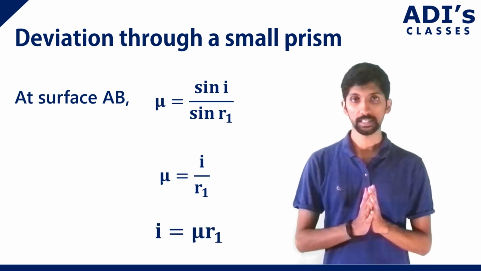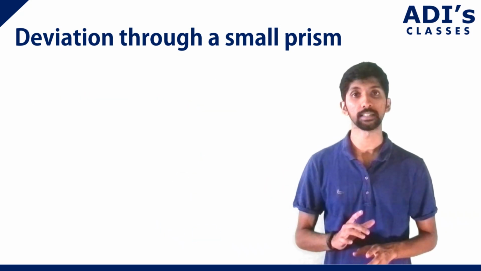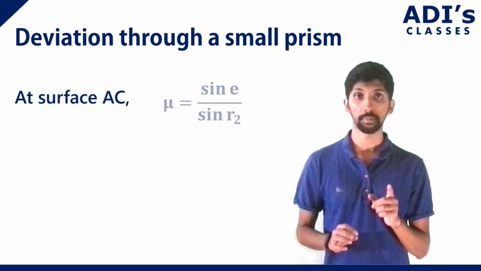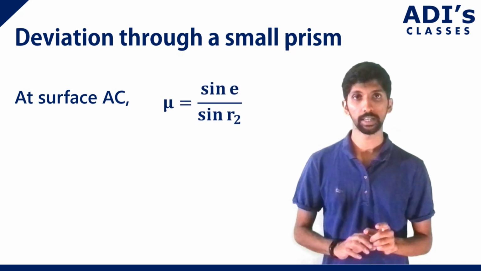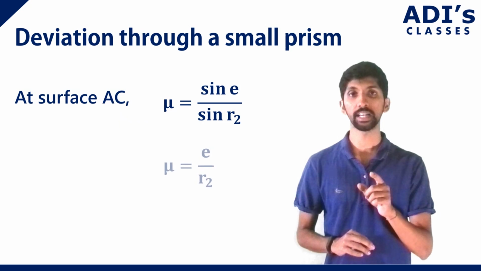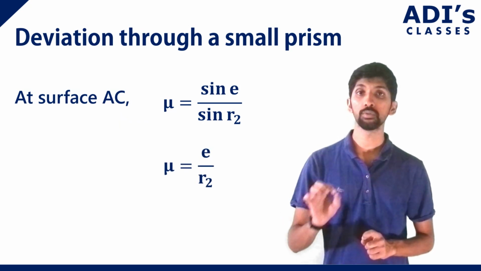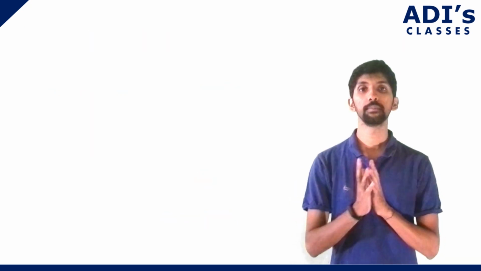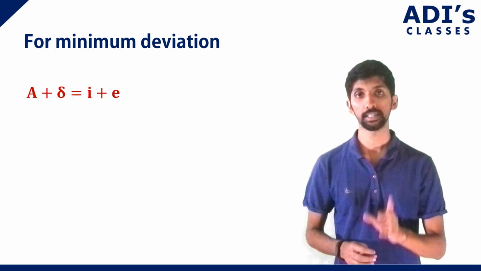Okay. Next is the same for the emergent surface, that is AC. For this, we have mu is equal to sin e by sin r2. Here also small angles. So we get mu is equal to e divided by r2, or e is equal to mu r2. Okay. Next, for minimum deviation, what we know is A plus delta is equal to i plus e,